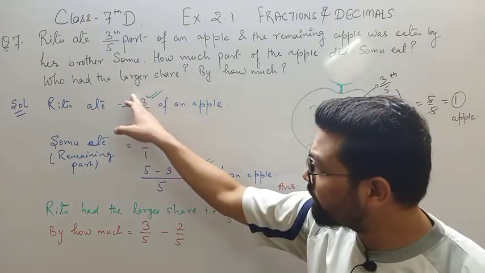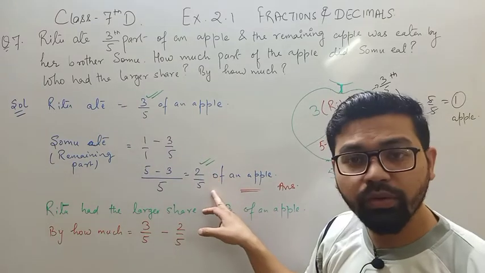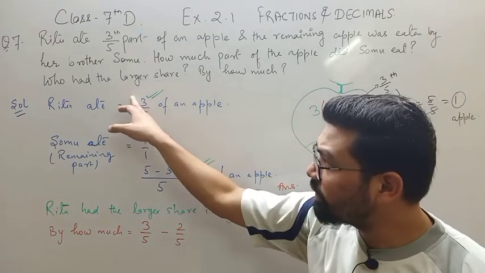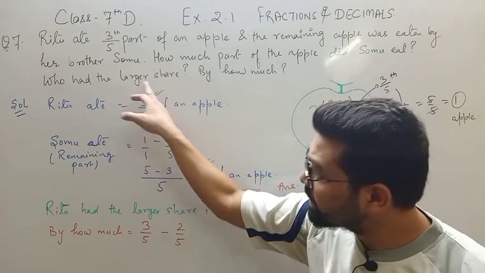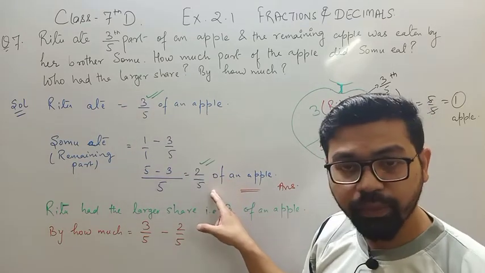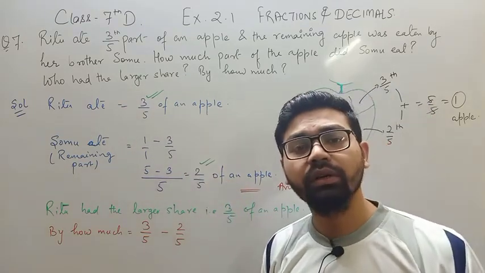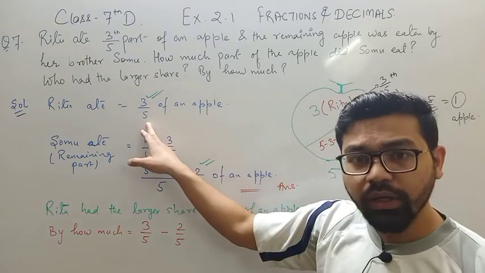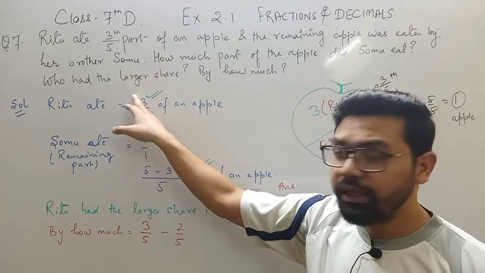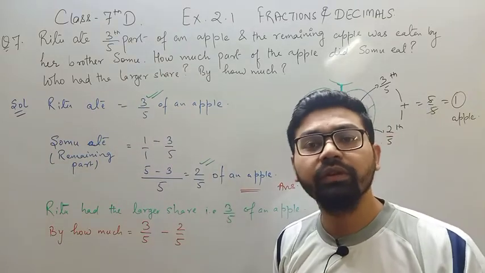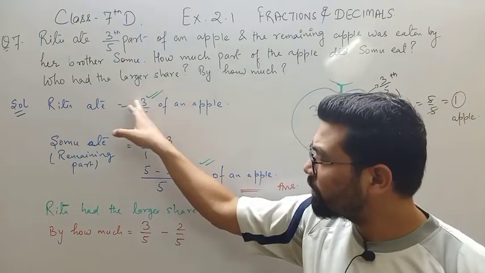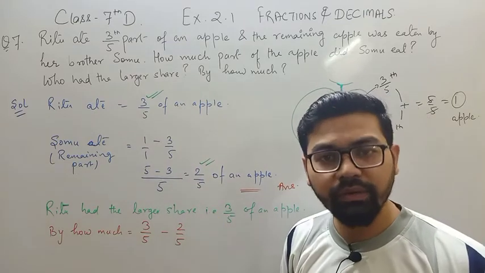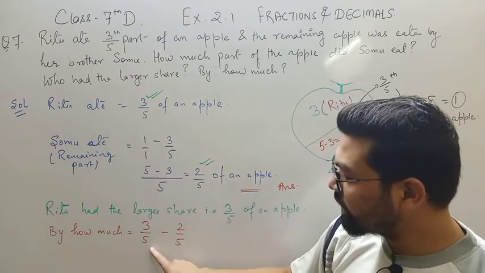So बेटा, ये वाला fraction जो होगा, बड़ा होगा as compared to 2/5. The reason is the numerator value is greater in this fraction. That's why this fraction is greater than this fraction. I've explained this in earlier lectures. If the denominator is equal, in that case the fraction whose numerator is greater will be greater. जिसका numerator बड़ा होगा बेटा, वही fraction की आपके पास बड़ी value होगी. So 3/5 is greater than 2/5.